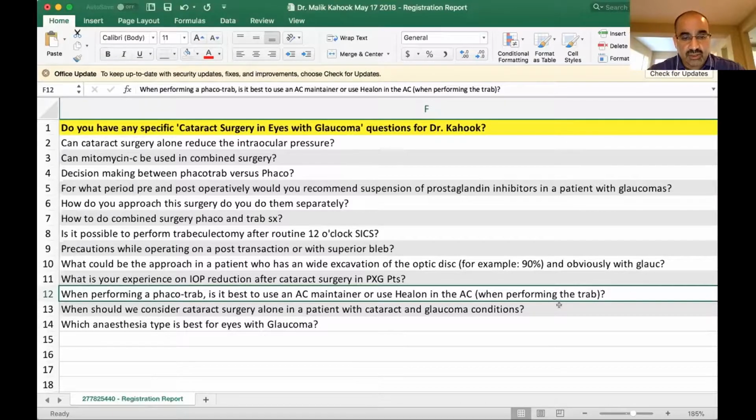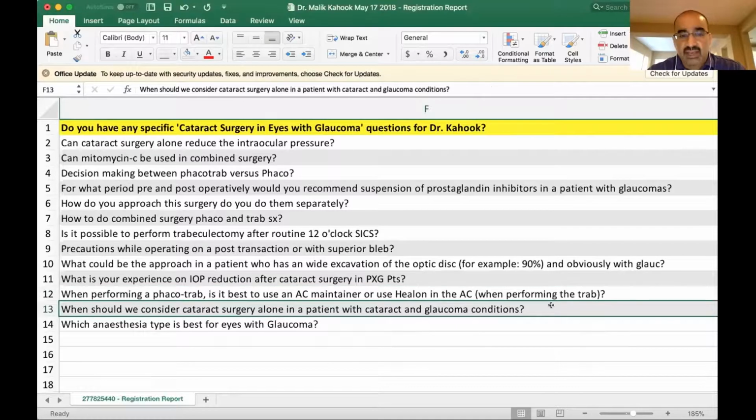When should we consider cataract surgery alone in patients with cataract and glaucoma? I think we've answered that extensively. There are many circumstances where cataract surgery combined with glaucoma surgery makes a lot of sense. But you've seen from some of the data that patients, even with high pressure, can do very well with cataract surgery alone. So a lot of this is the status of the optic nerve. If it's early disease, then cataract surgery alone and watching how the patient reacts is very appropriate. If the glaucoma is moderate to severe, then going in with cataract plus a glaucoma procedure, in many cases a MIGS procedure, combined with an inflow procedure like endocyclophotocoagulation, would be the way to go. So a lot of this is nuanced, and depends on the patient, what the disease status is, and how many medications